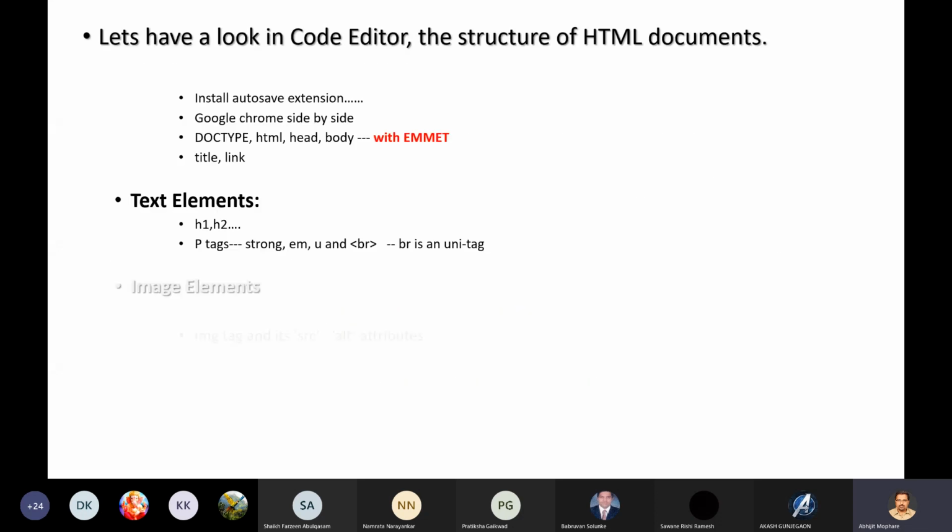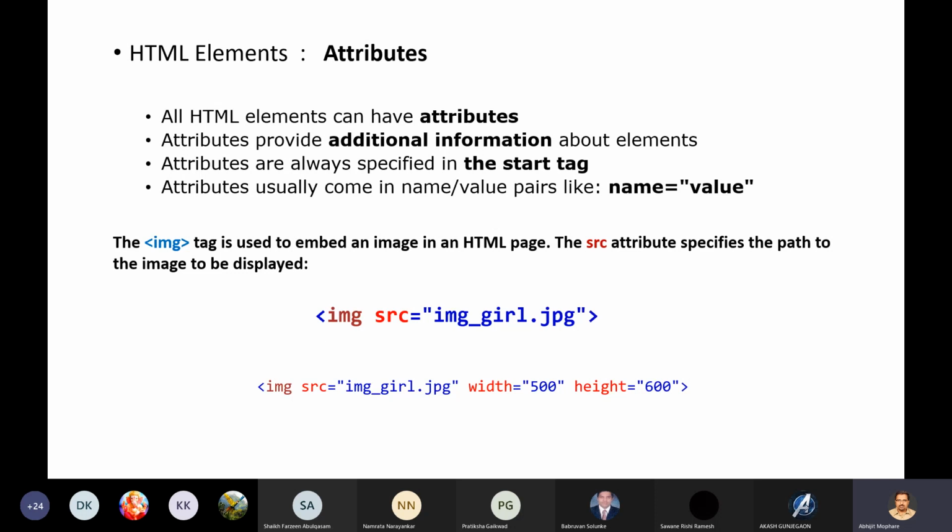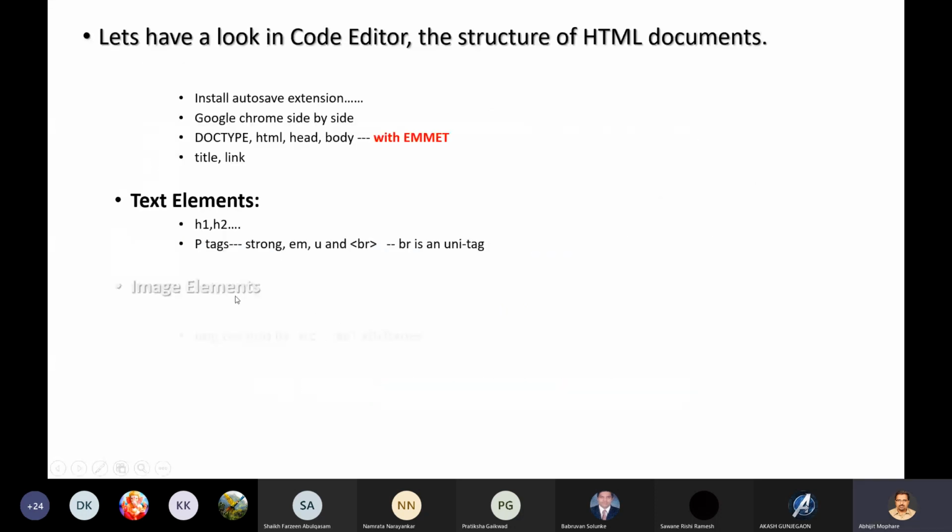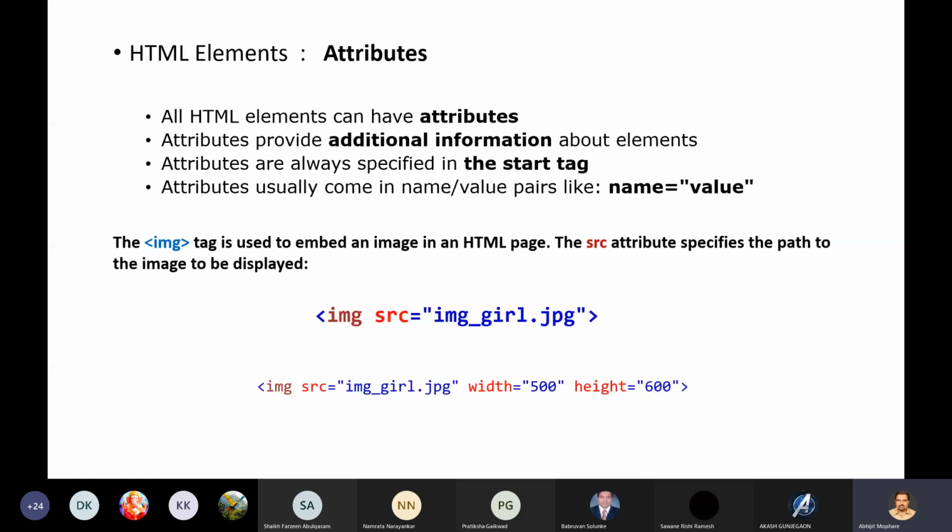The next element is attributes. Suppose I want to change the color of the text. Color is a property of a particular object, right? You speak of the color of a particular object.